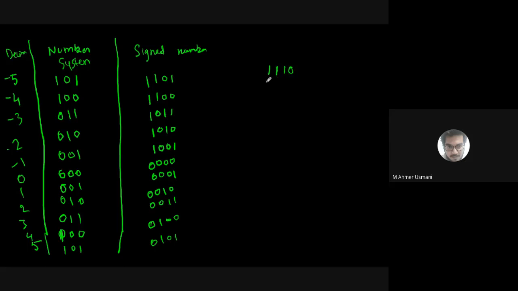Can you tell me this number if you are talking about sign numbers? अगर ये sign number की बात करें तो इस number का मतलब क्या है? This is your sign. Just tell me what is the sign? It is minus. What is the meaning of this bit? It is minus. The remaining is your number. Tell me the number. It is 6. Minus 6.